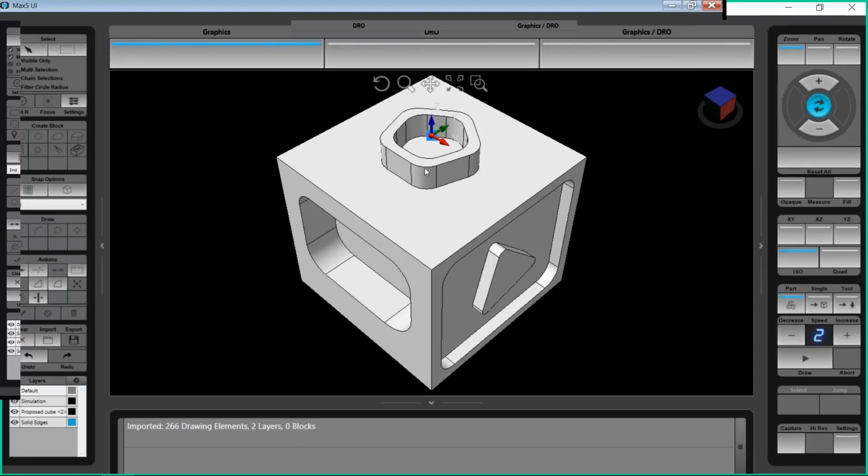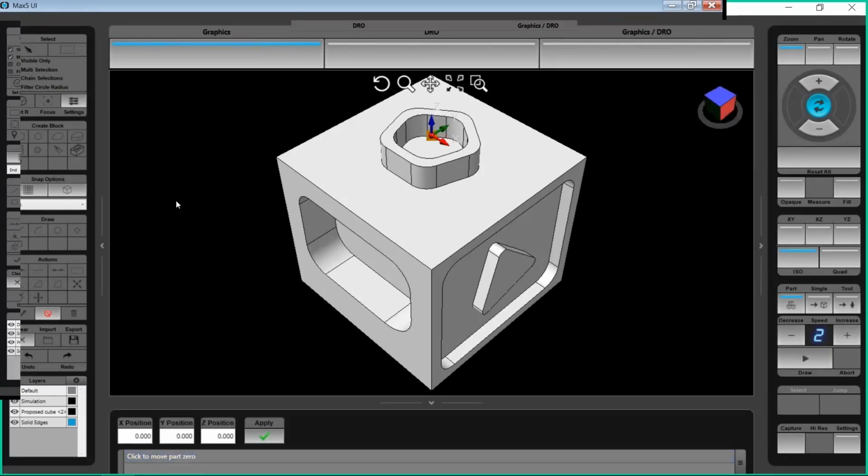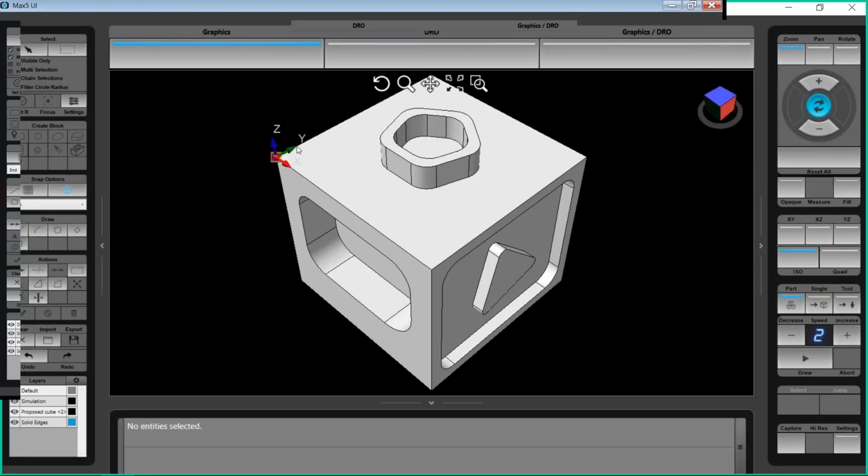Moving the origin is just like what we did in the DXF file, where I'm going to select and pick on that. And now I can go ahead and click where I want to move that part 0. So if I turn snap on, I can snap to that corner of the block, and it will automatically move that origin indicator to wherever I snap to, or wherever I have selected. Or again, without snap on, you just kind of free form where you're going to do that. Okay? So now I've moved my origin over to that corner,